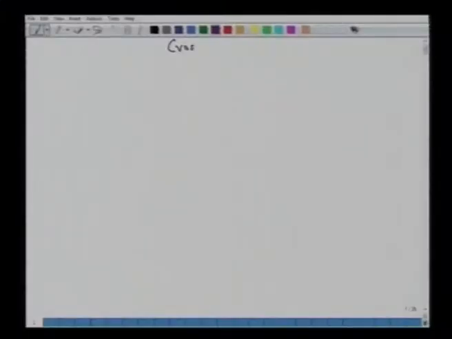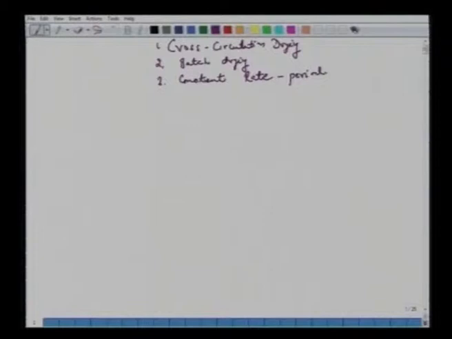So as we said, we are studying cross circulation drying. We also have this batch drying, and in conjunction with this we have the constant rate period. All right, so if you recall, we are talking of this range where the moisture is unbound, and this is the rate where we have Xc, corresponding to which we had the constant rate,